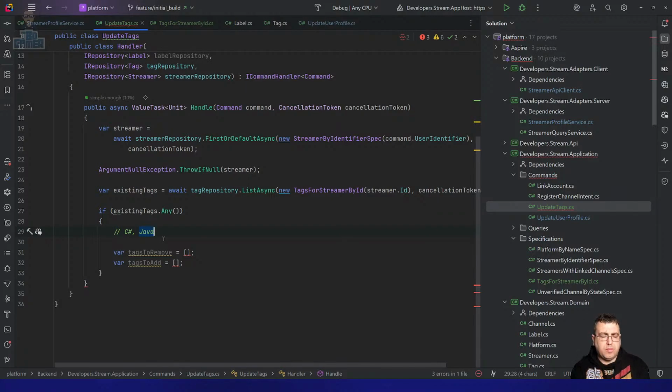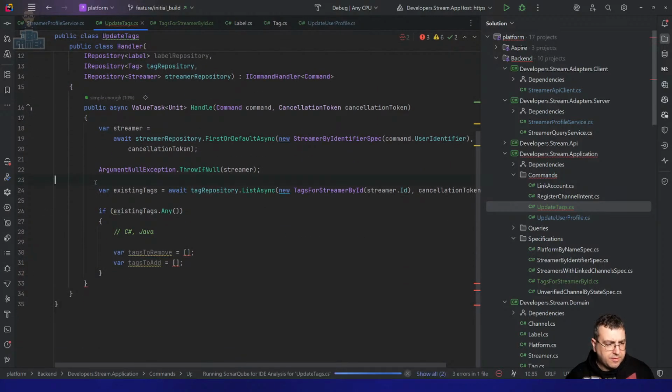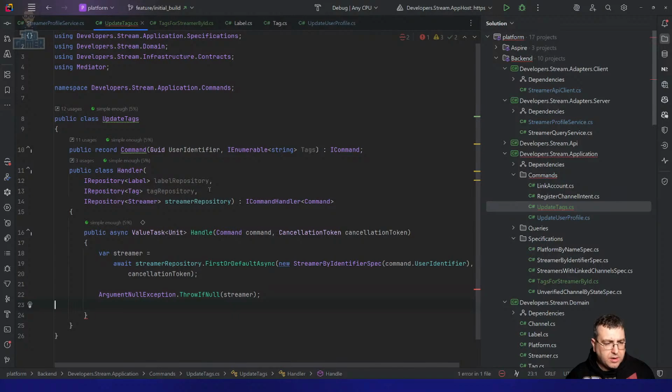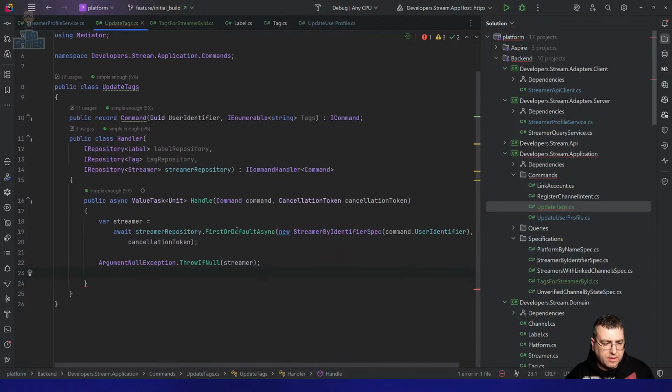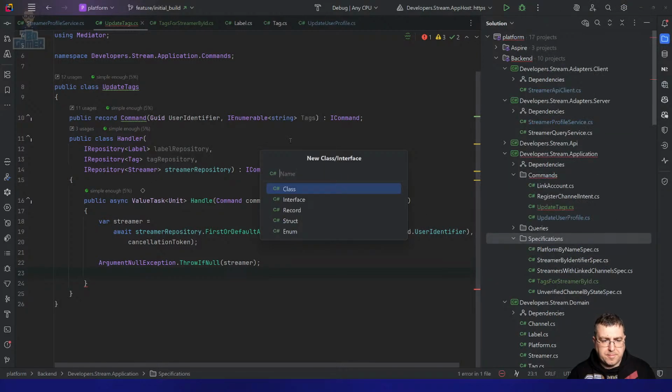No, no, this is far simpler. We don't even need to do this at all, right? The only thing we need to check is, does a label exist for the thing that's coming in? If it does, then labels for